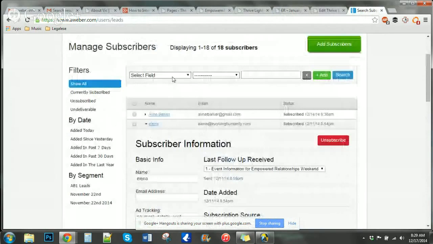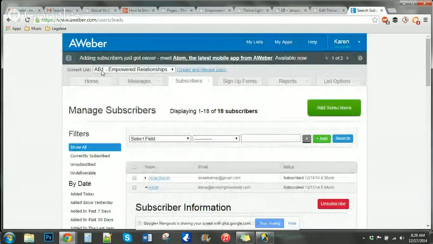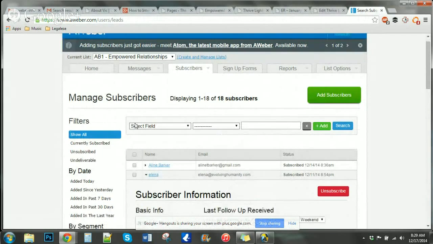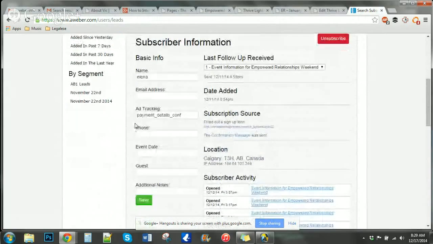So we've already signed into Aweber. We're on the appropriate list, which is Empowered Relationships. We've gone into subscribers, manage subscribers, and then it gives us this list. And there's two ways of doing this. The way that we're doing it currently to create the segment is subscriber info, and then we've got all of their info, and under additional